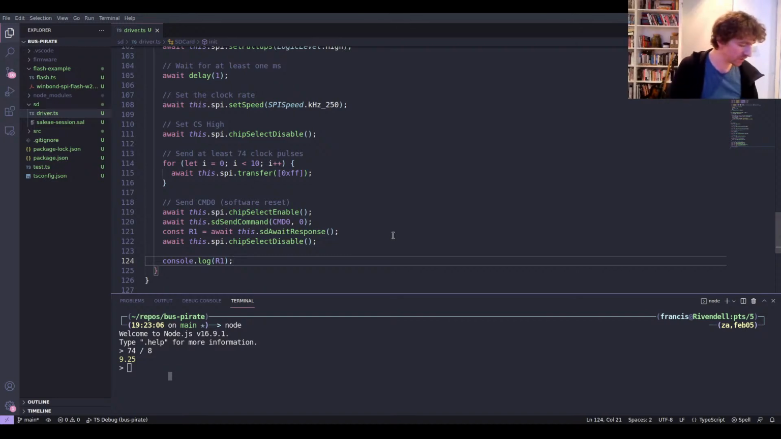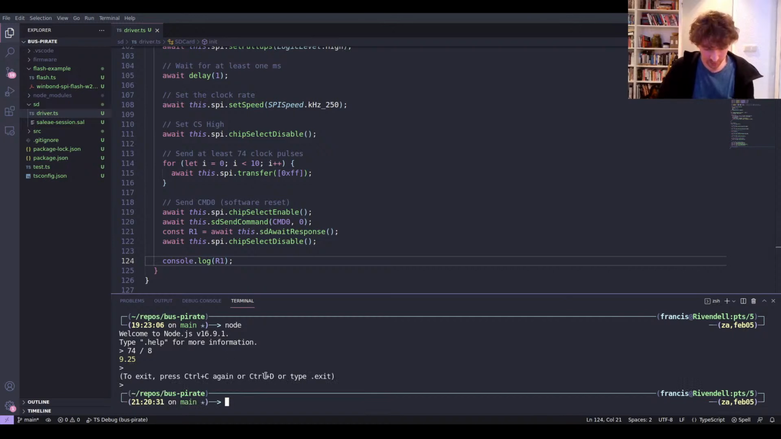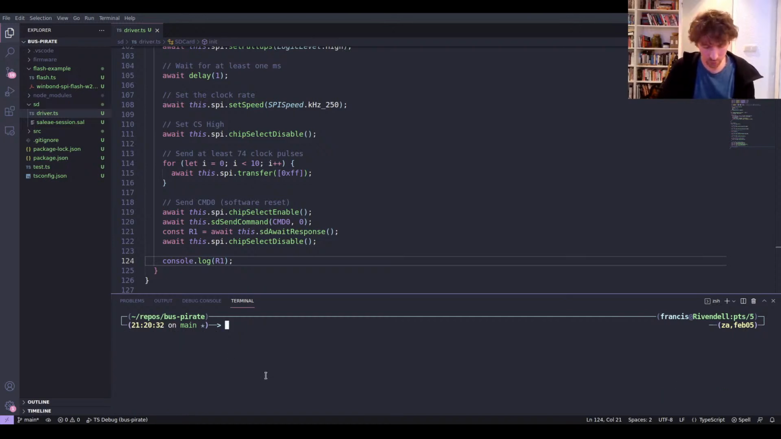So I'm going to plug in the device to my weird setup, which you can't see here, but I showed in the beginning. I have an insane wiring setup here in order for us to maybe do some logic analysis later. I've plugged in the Bus Pirate. I'm going to clear the terminal and I'm going to run ts-node